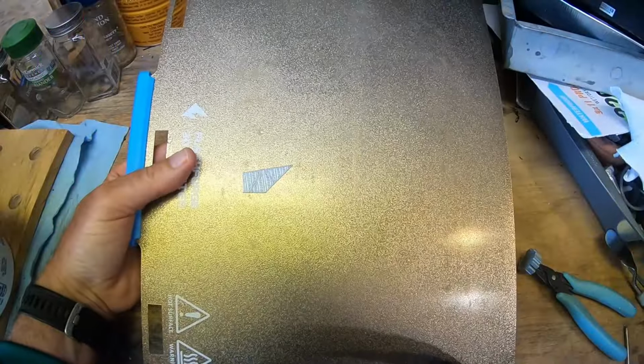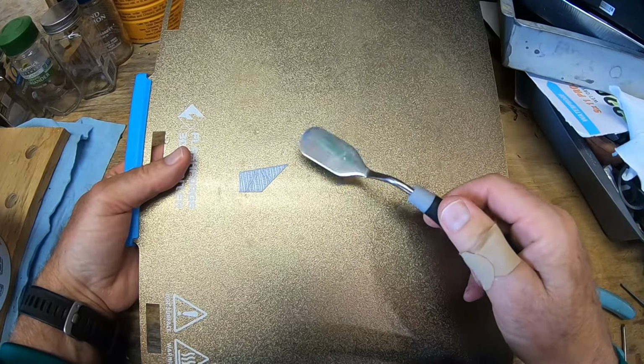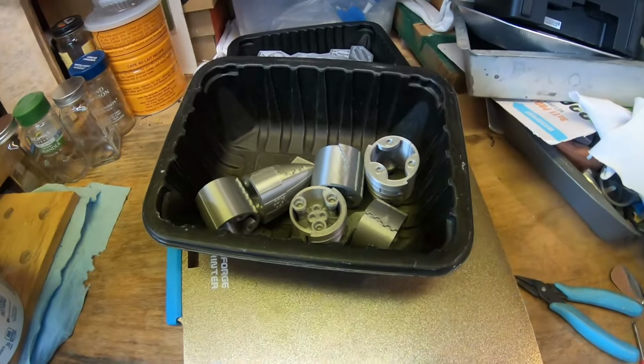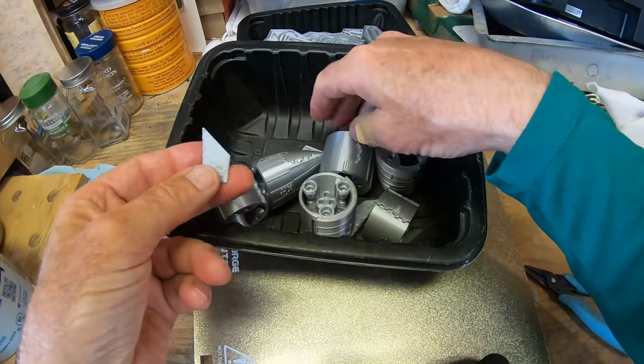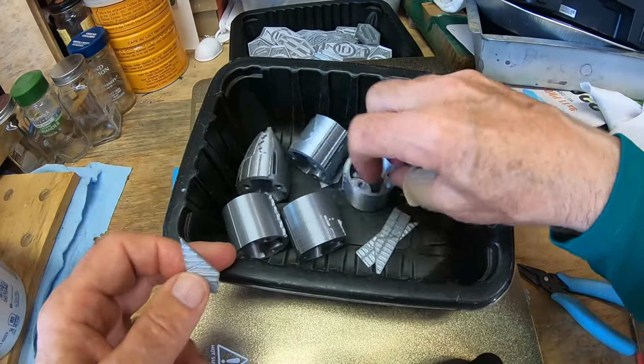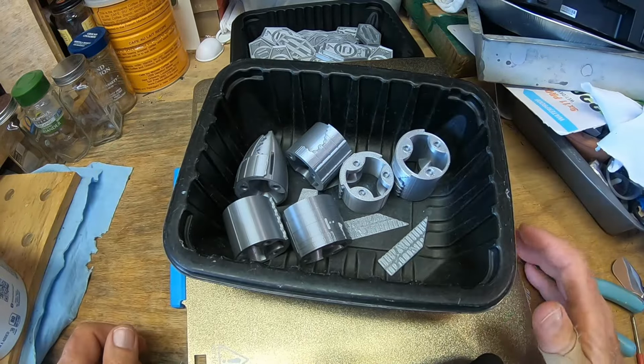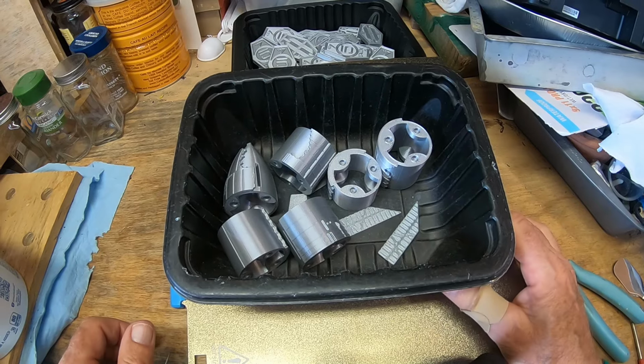So I need to use my little... So for the PEI surface, I use this blunt spatula so I don't scratch it. Sorry about that. These are the forward flaps, I think. And then the rear flaps are bigger. Alright, so everything came out great, and it's on to the next color, which I think is going to be